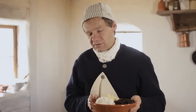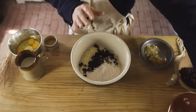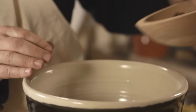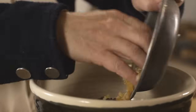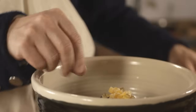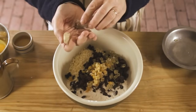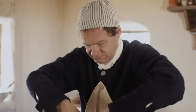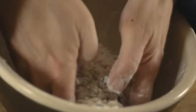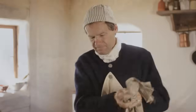Preparing this pudding is going to be very easy. We're just going to add all of our dry ingredients plus our sweetmeats. And don't forget to add the nutmeg. That's mixed quite well. Okay,